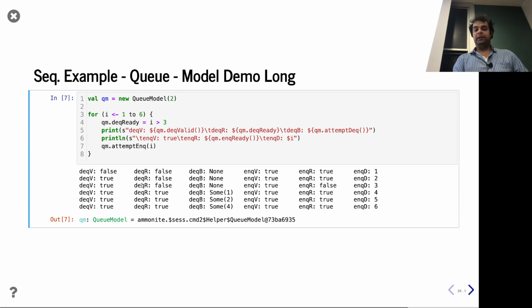So we see, for example, in the beginning, we're attempting to enqueue: enqueue valid, enqueue ready, 1, 2. We aren't dequeuing anything. So as a result, after 2, the next cycle, we can see that the enqueue is no longer ready because it's full, right? So we were ready to enqueue when there's room in this queue, but now the queue is full. We are not ready, right? And so you can see, okay, and then a cycle after that,